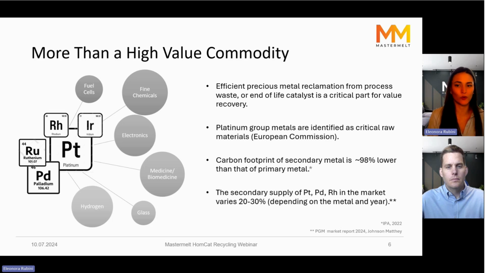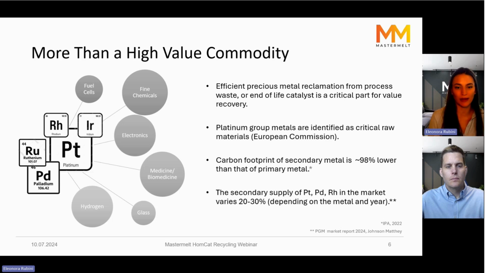And then they don't only just require it, they are reliant on a stable and sustainable supply of the PGMs. The PGMs are now a critical raw material. They've been identified by the European Commission. And if you look at the carbon footprint of these raw materials, it's very interesting to look at the comparison